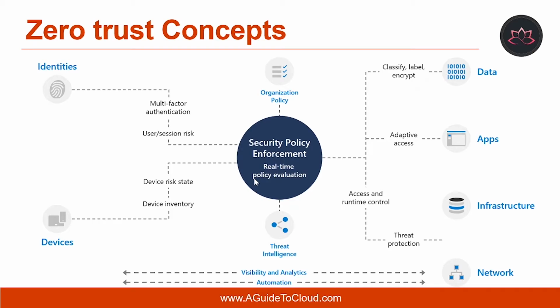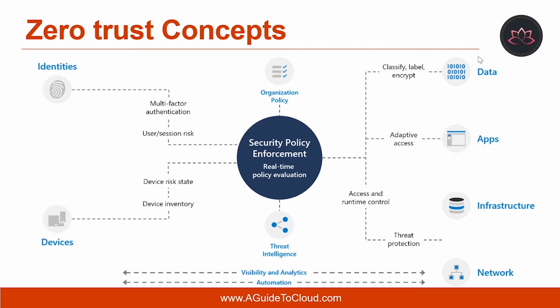Now let's understand the Zero Trust components and the concepts. Now let's look at the 6 primary components of a Zero Trust model. The first one is identities. Verify and secure each identity with strong authentication across your entire digital estate. The second component is devices. You need to gain visibility into devices accessing the network. Ensure compliance and health status before granting them access.